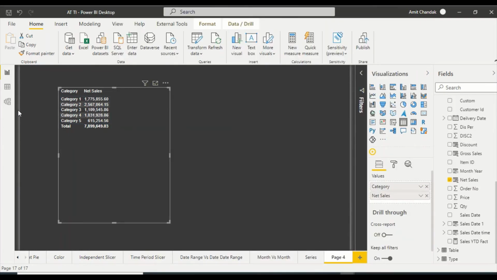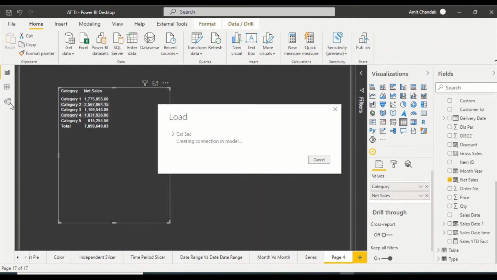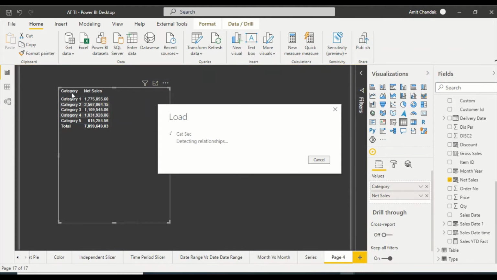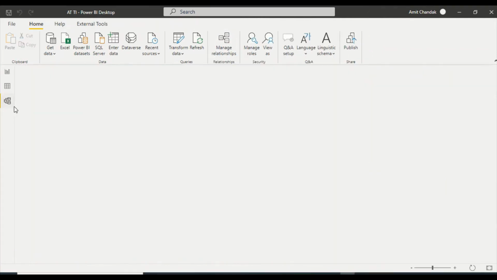Now what I'm going to do is, I will go to my data model and attach this table and try to build up security here. Now it is saying apply changes. Now ideally speaking, this should come either from your database, or you can have an Excel from where you can load it. Right now, just to showcase, I have done it here.